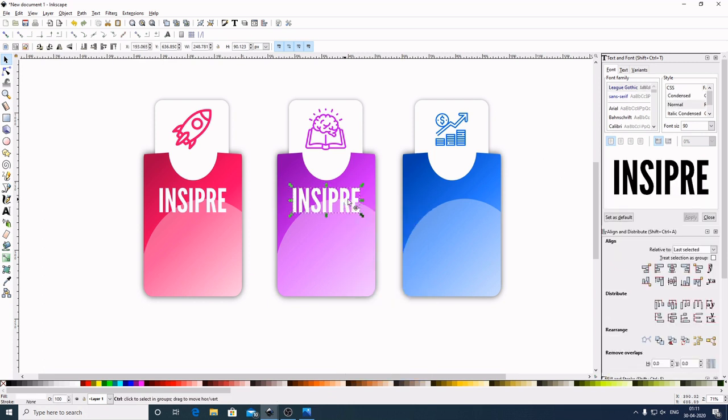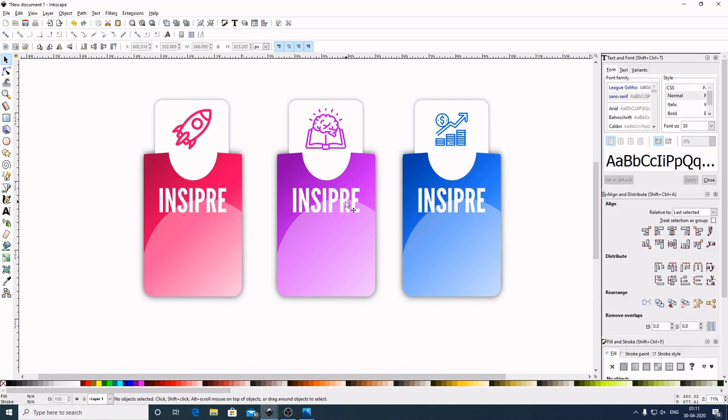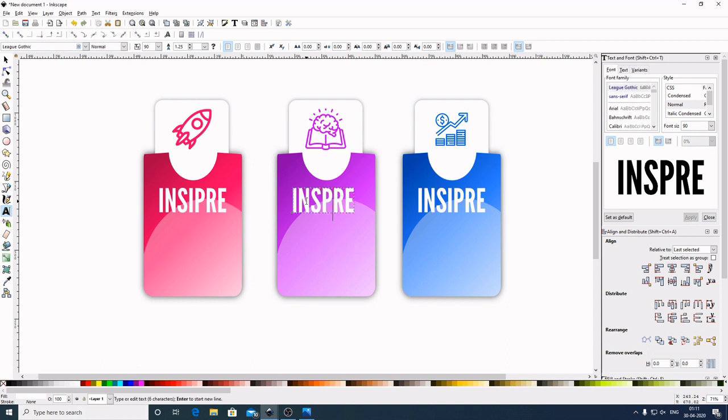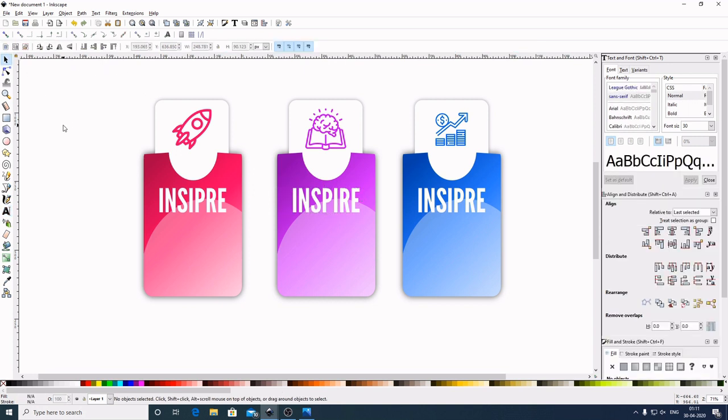Now I will select this, right click, duplicate. Now by holding Control in the keyboard, I will bring this here to the third graphic. Now by holding Shift in the keyboard, select this graphic, center on vertical axis. Now I will select this one. Now I will select this one, create and edit text object. We can notice here I have written it wrong. Now I will backspace to delete and I will write it here, inspire. Select this, select out of the graphic to deselect.